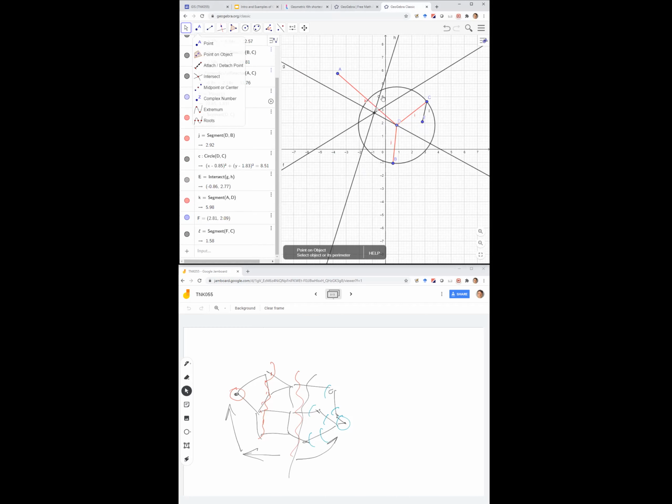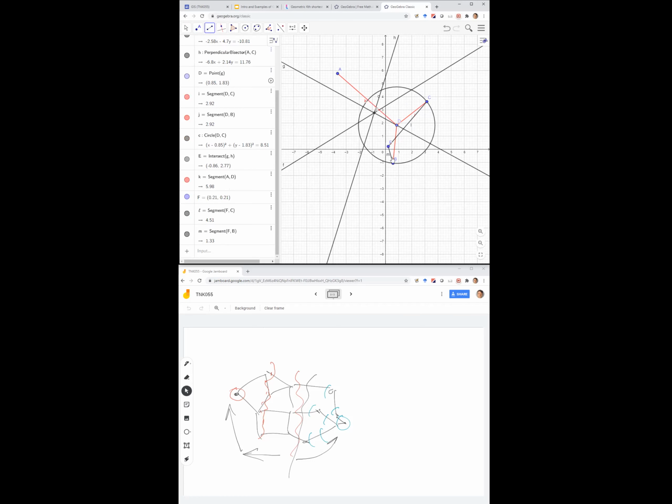Can you be further from any of the sites, from A, B, or C? Well, of course, you can move farther from C. While you are within this cell of C, your closest point is C. So if you go like this, you're farther and farther away from C. Can you go all the way here? Well, you will be far from C, but you will be too close to B. So when you're here, your distance to the closest site is quite small. Even though you're far from C, you're quite close to B.